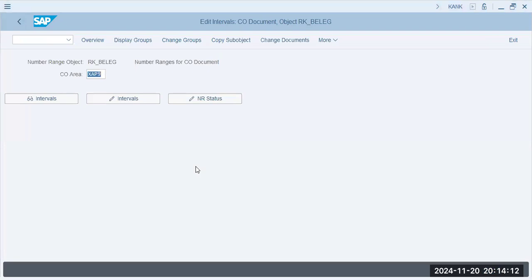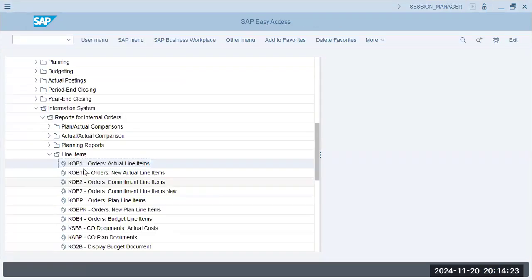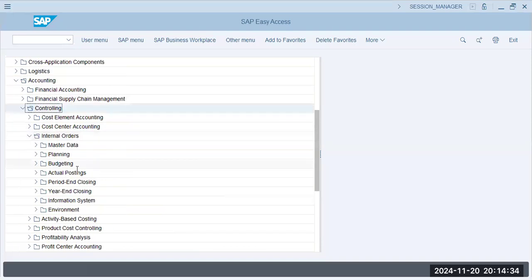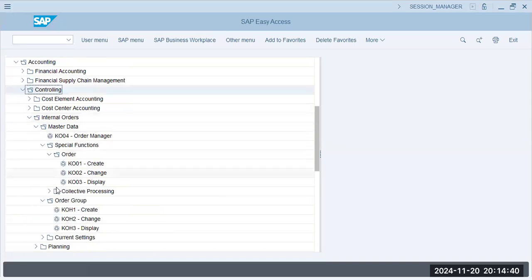Okay. Now, next is controlling, internal orders, master data, special functions,